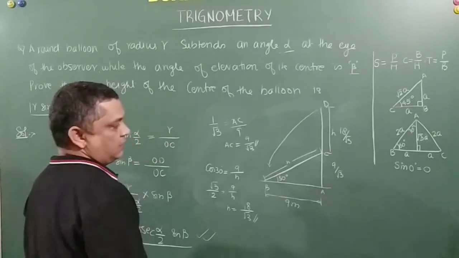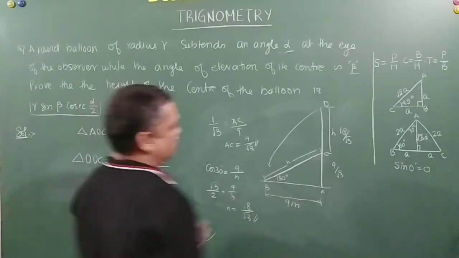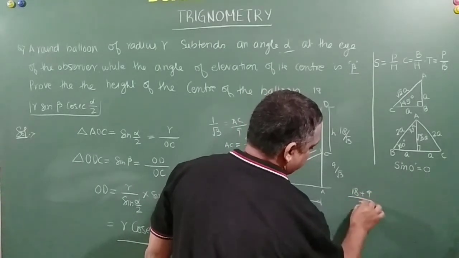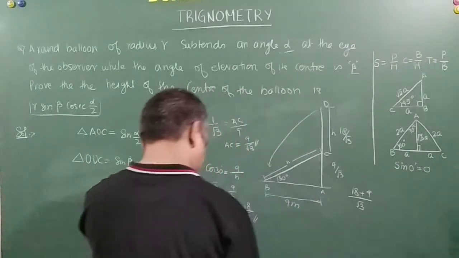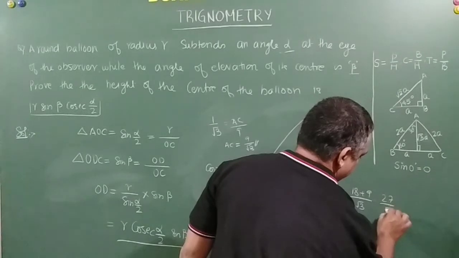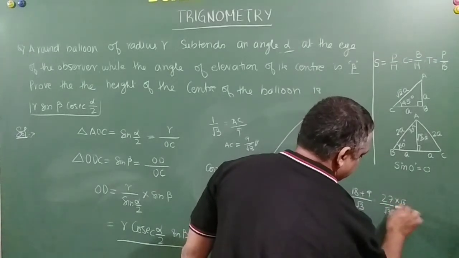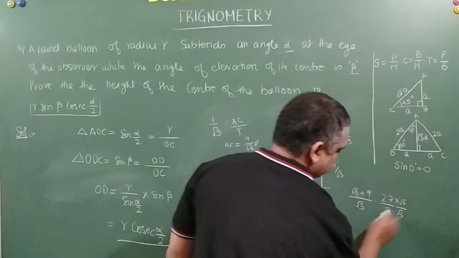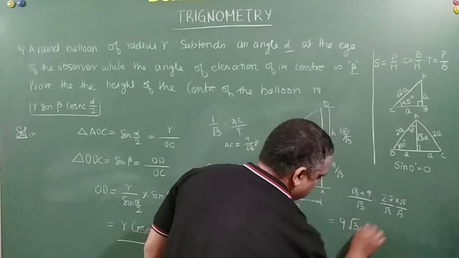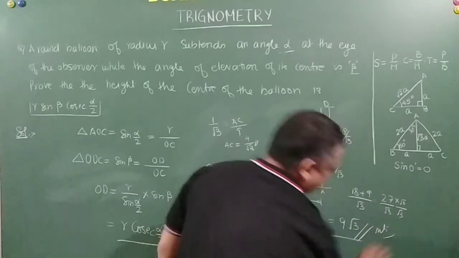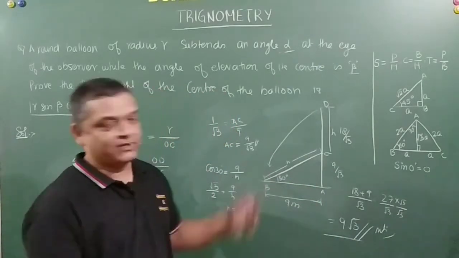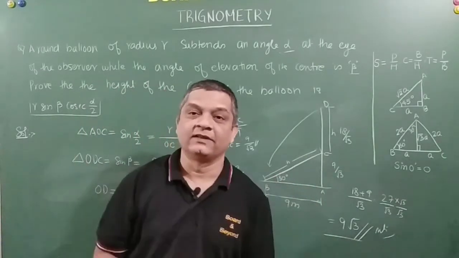right? So can we club the two and then find out the values? So that is 18 plus 9 divided by root 3, correct? Yeah. So this is 27 by root 3. Let's try to rationalize it. So this is 3 and 3, so 9 root 3 meters. So friends, that height of the tree is 9 root 3 meters. I'm sorry, I'm running out of time, so I just did it like this. I didn't write even the question on the board.